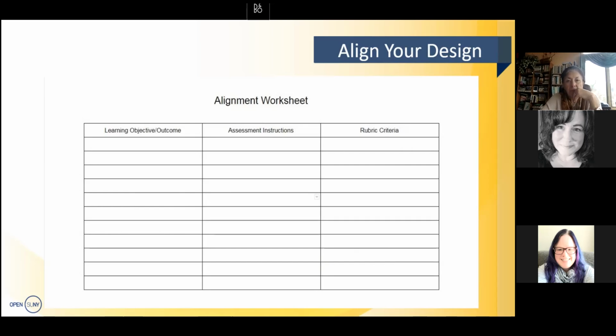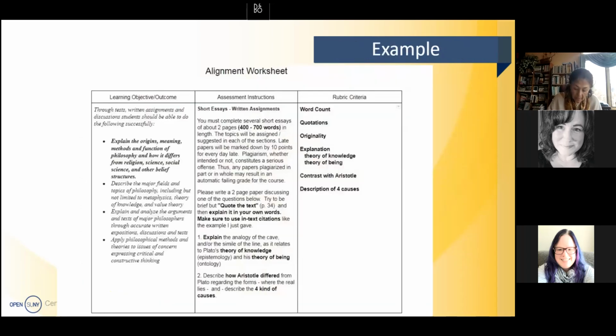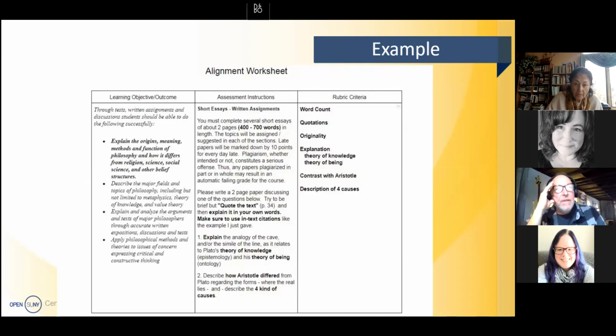But here is something that I've been doing with faculty, and faculty can do for themselves. It's a very simple sheet, as you can see. It's nothing crazy. It really just provides a view of your learning objectives, your assessment instructions, and then a field for rubric criteria all on one sheet. And so what it helps me do when I sit down with faculty sometimes and we sit down to create some of these rubrics is,